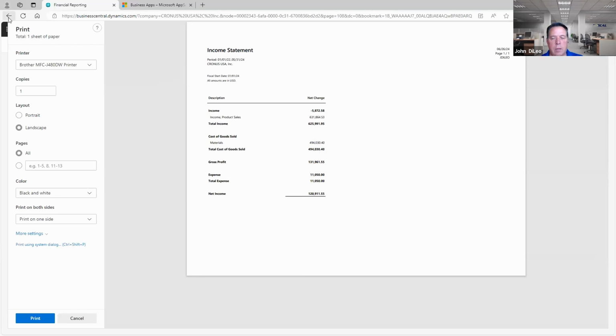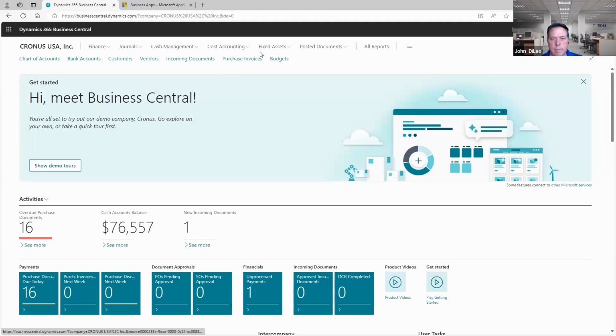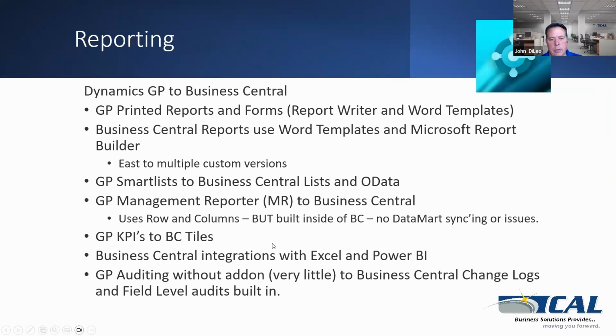I guess with other solutions out there, you definitely have more. But when you do have the ability to export those reports, I'll show you that in a second. I got a picture of that again. But there's no more data mart, no syncing issues. Business Central integrations, obviously Excel, Power BI,